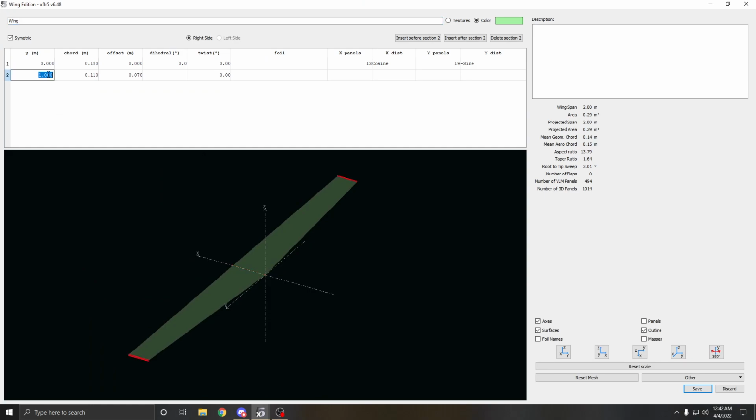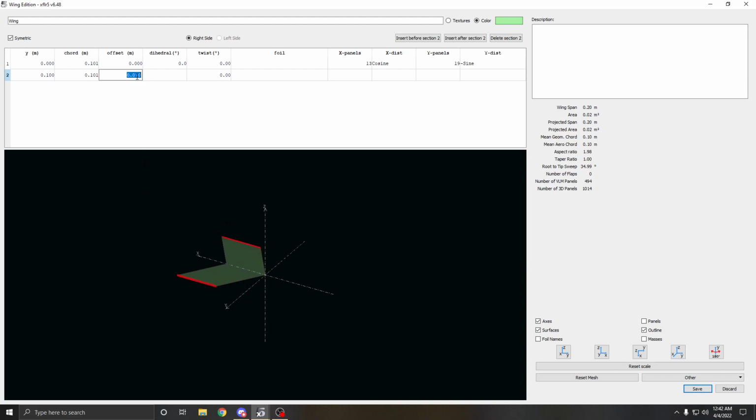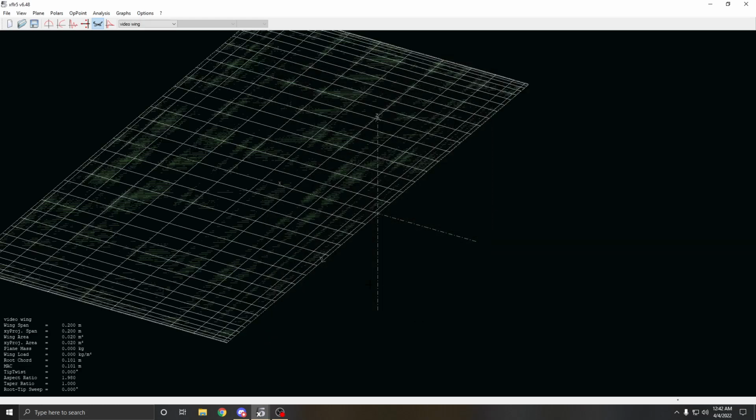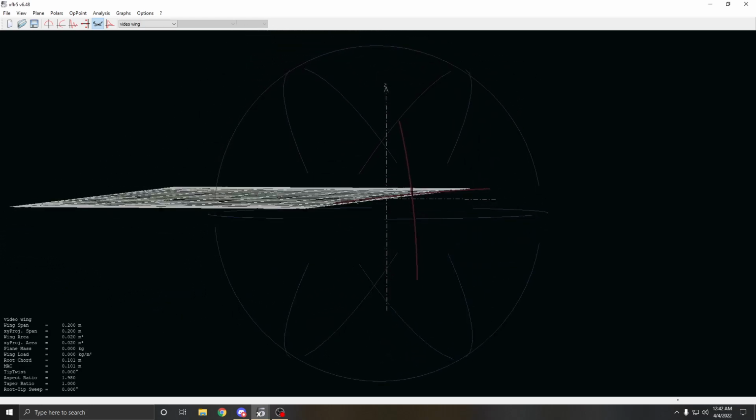Now for our chord length, he wanted between 3 to 5 inches. So we chose 4 inches. 4 inches in meters is just 0.1 meters. And then for our lab, actually we got a chord length of 0.101. So that's what we're going to have, 0.101. That's our chord. And now, as you see, we have a V shape. So what we did was we just got rid of the offset. And I believe that is a good looking airfoil wing. So this should be pretty much our wing for the